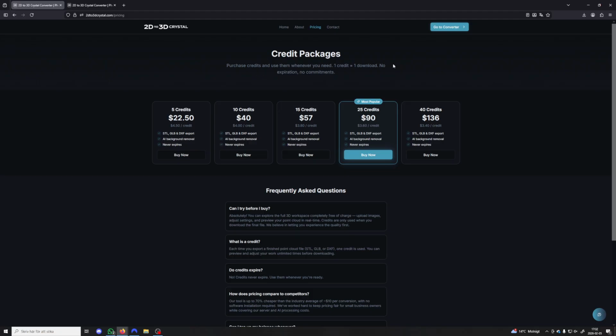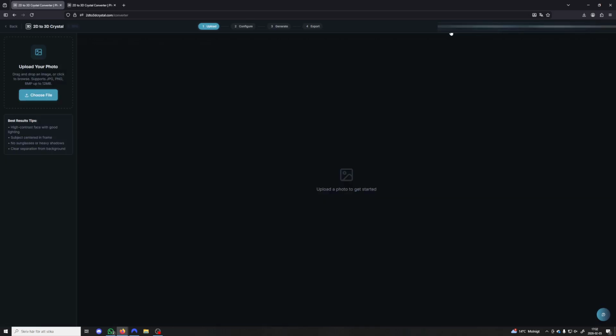So what you will need to do is to make an account. Once you have an account, you can go and explore our 3D workspace for free. This is fully free. There's no catch to it, no nothing. You can just make an account and you can explore the whole tool for free. All right. The only thing is that once you want to download your result, you will have to top up